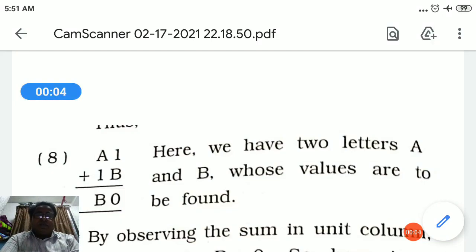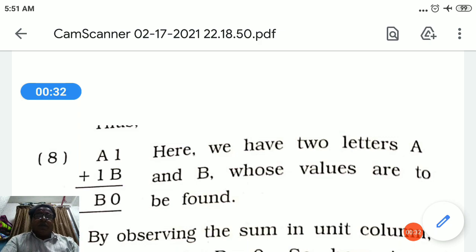Students, chapter 16, playing with numbers. उसमें एग्जाम्पल 8 वहाँ से स्टार्ट करेंगे। एग्जाम्पल 8 है A1 प्लस 1B, आंसर है B0।